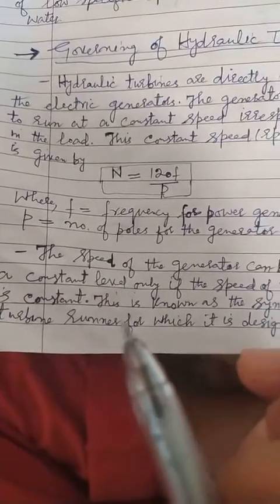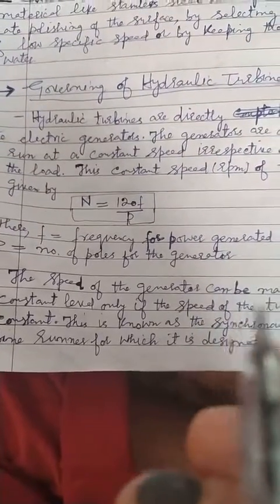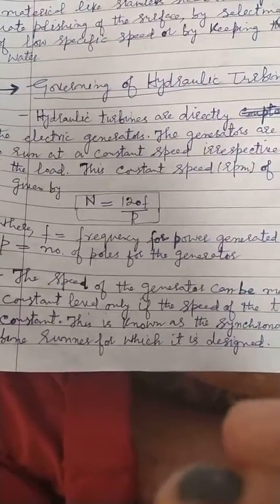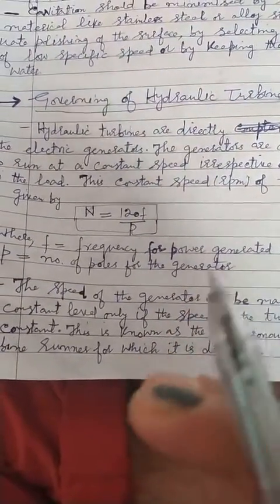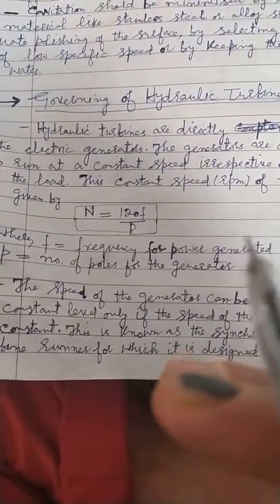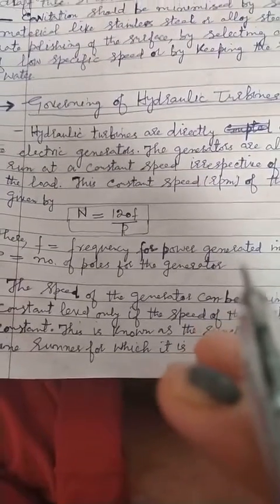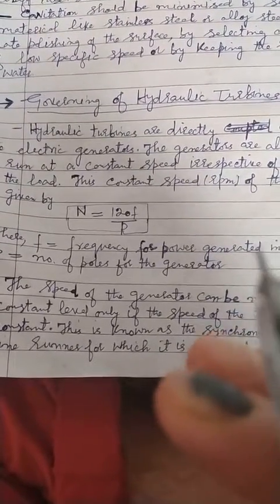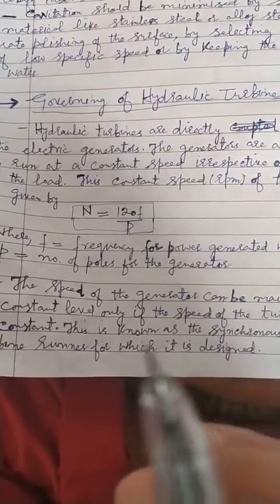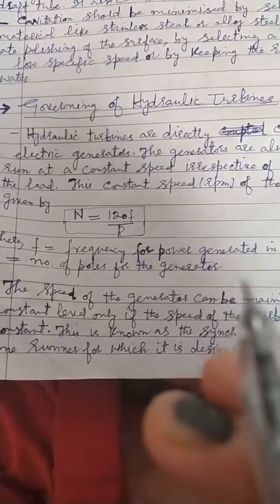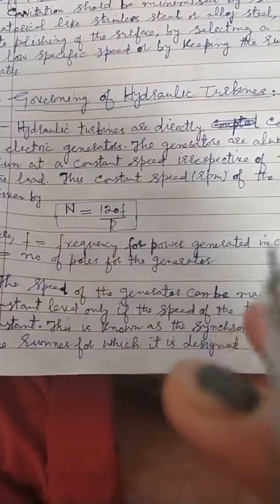जनरेटर की स्पीड कांस्टेंट कब रहेगी? जब टर्बाइन की स्पीड कांस्टेंट रहेगी, दैट मीन्स जब रनर की स्पीड कांस्टेंट रहेगी. ठीक है. सो वो स्पीड कब कांस्टेंट रहेगी? जब आपको डिस्चार्ज जो होगा, दैट मीन्स जो वाटर जो इनपुट होगा टर्बाइन को, उसका जो डिस्चार्ज होगा वो कांस्टेंट होगा. दैट मीन्स एट एनी टाइम डिस्चार्ज शुड बी कांस्टेंट, दैट मीन्स volume flow rate of water should be the same at every time. Then the speed of the runner should be constant, and accordingly there should be constant speed of the generator as well.